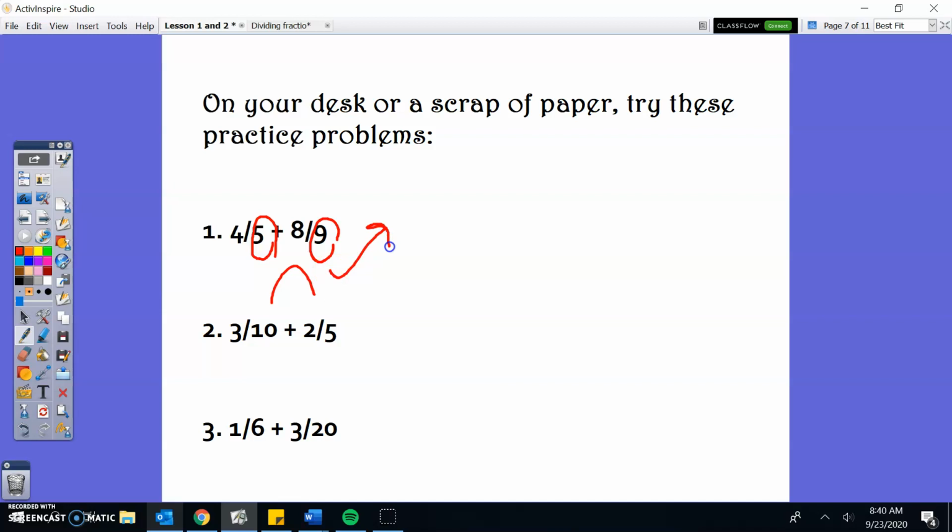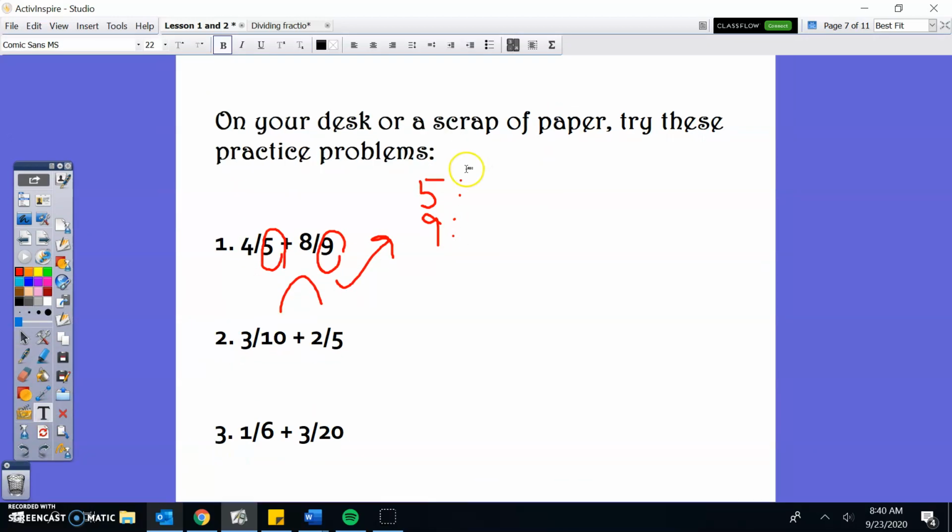So I need to go over here, and I'm going to list the denominators or the multiples of both 5 and 9, and I'm going to see if I can find a common denominator, the smallest denominator possible between 5 and 9. So I'm going to start with 5, make my font a little bit smaller here, and 5s I think are pretty simple. I'm just going to count up by 5s, 5, 10, 15, 20, 25, 30, 35, 40. Now I could continue going 45, 50,